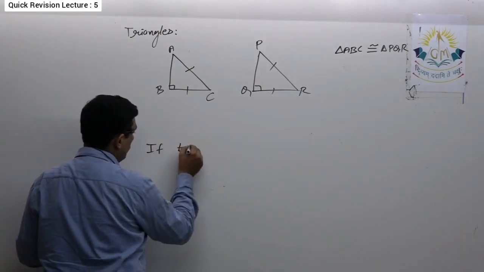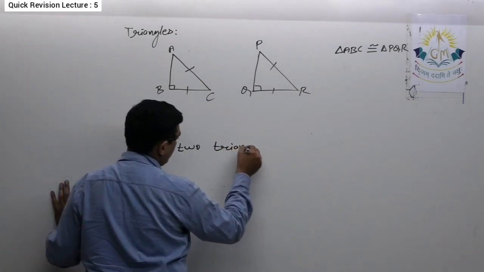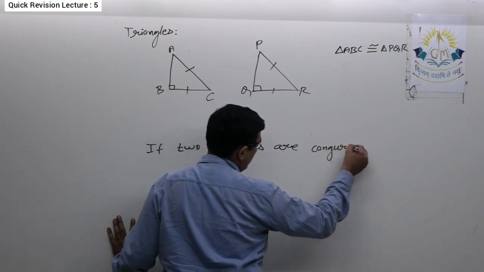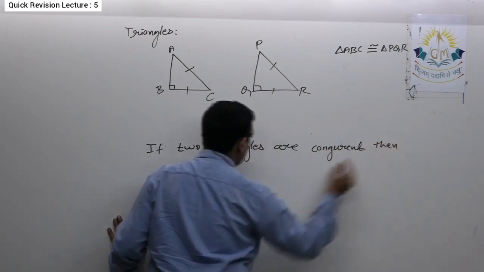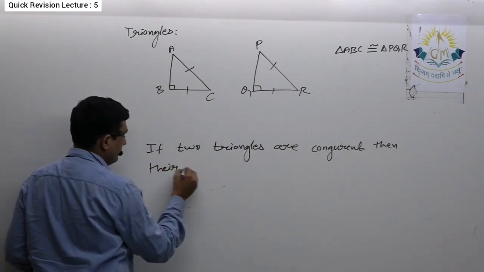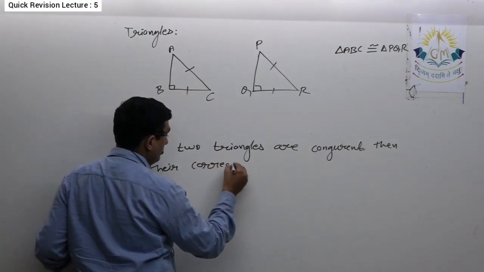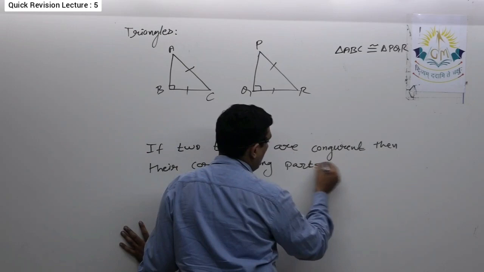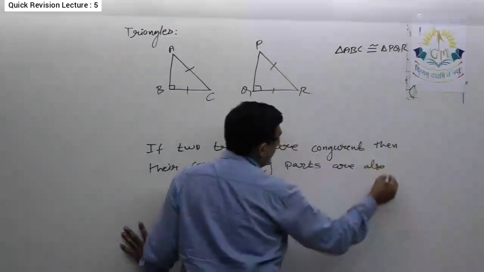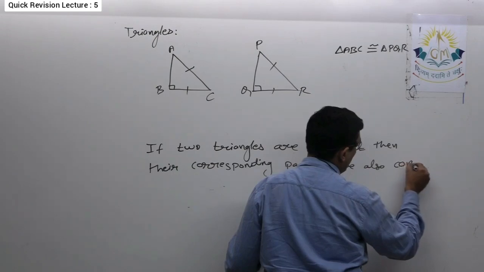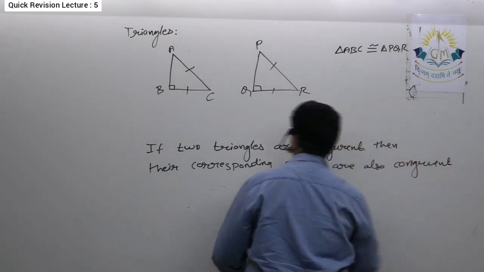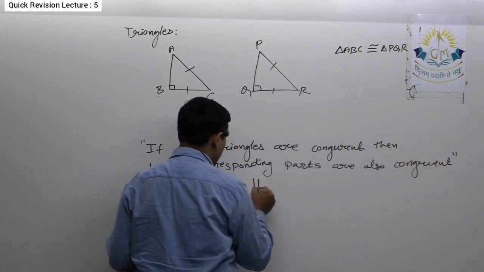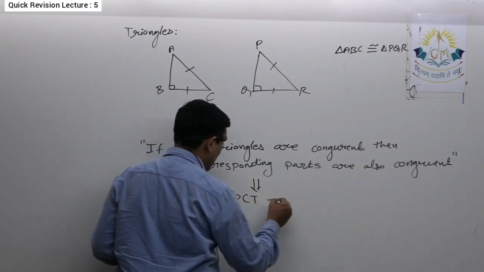If two triangles are congruent, then their corresponding parts are also congruent or equal. Now this complete statement is replaced by a word, CPCT, which means